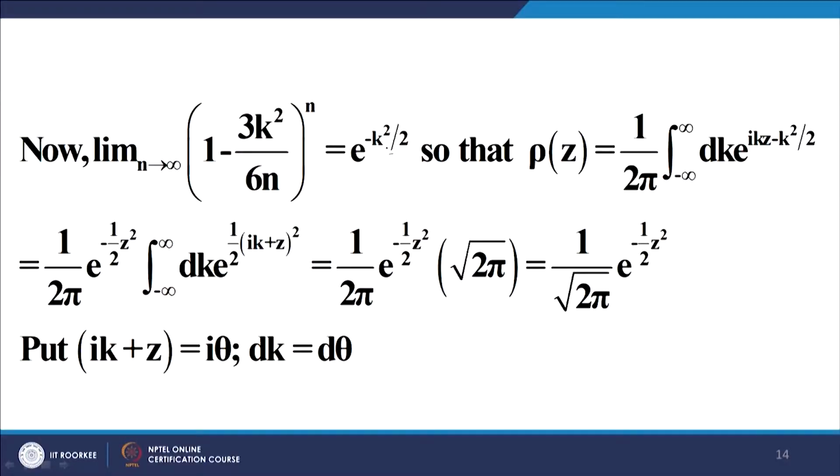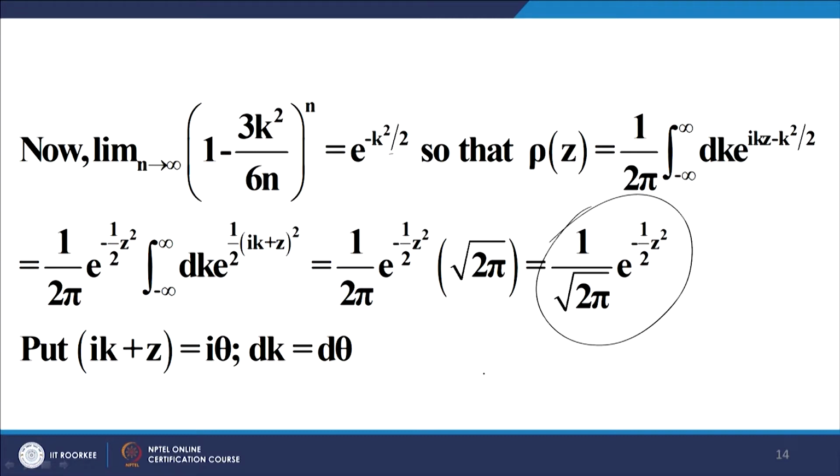Now, this taken to the power n with the limit n tending to infinity gives me this expression. Substitute this here, do the squaring and simplification, and you get this expression, and again you end up with